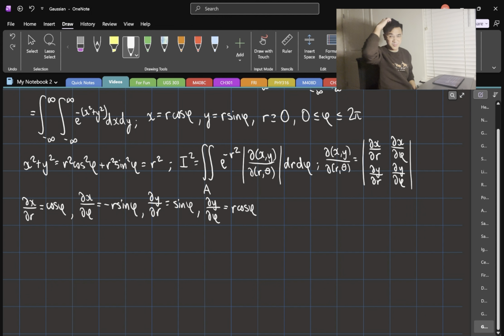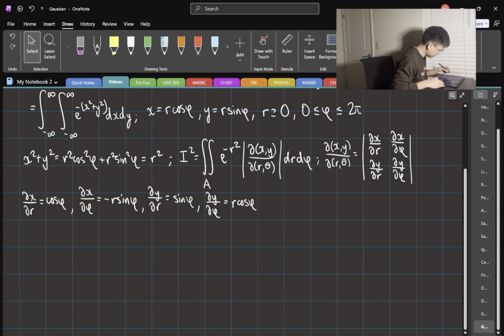Some of you math people might ask, why do you call it theta? It's because in physics, we call theta the polar angle, which is the angle subtended from the z-axis to wherever your point is in spherical coordinates. But that thing in the xy plane, that is phi to me. So that's why I'm using phi. So if I put all these things down,